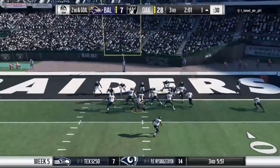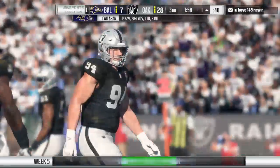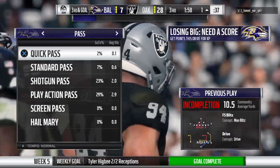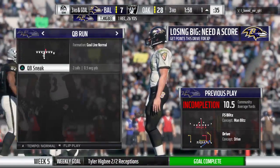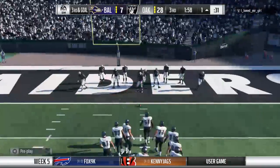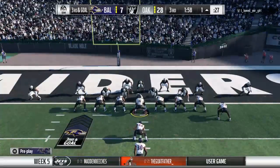Big target, guy you can spot pretty easily. Put it on him when your other targets aren't open. And he whips that one incomplete there. He was in search of his tight end, Tyler Higbee. And now it's 3rd down. Brandon, some of those windows to throw the football that exist when you're between the 20s, they don't exist when you're this close to the goal line. But as a former DB...